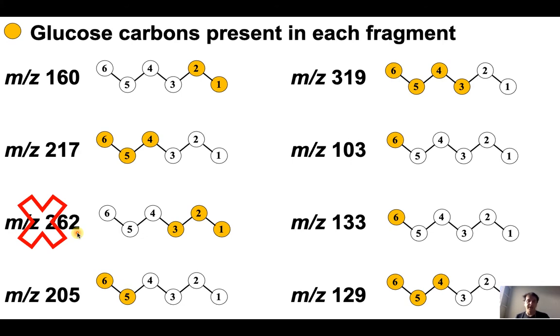This fragment is really nice because you have 1, 2, and 3. If you could trust this fragment, we could use it to estimate the carbon 3 based on the subtraction of the 160, but we cannot trust it. So I guess this is important information to show what we cannot do